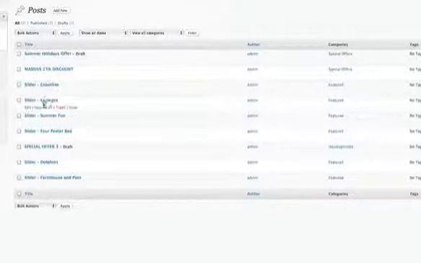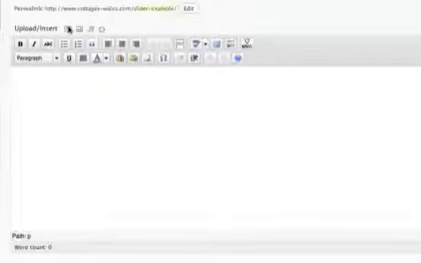Let's have a look at the posts now for the home page. So if I go back to the posts again, and I'm going to choose this, well, let's start from new with that. So click on add new, and I'm going to call this slider example. Now I don't need to put any content, I just want to use an image in this, so I'm going to select here. I'm going to choose an image, so I could choose from my media library or upload